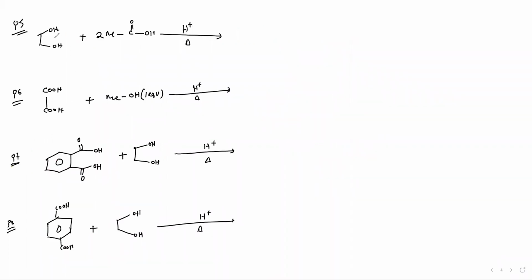Next one, again OH, OH, 2 moles. So we get an H removed from here. So this O with C double bonded O with methyl, again here O C double bonded O with methyl. In this case, one equivalent, that means one bond can be C double H, another should be changed, which becomes,